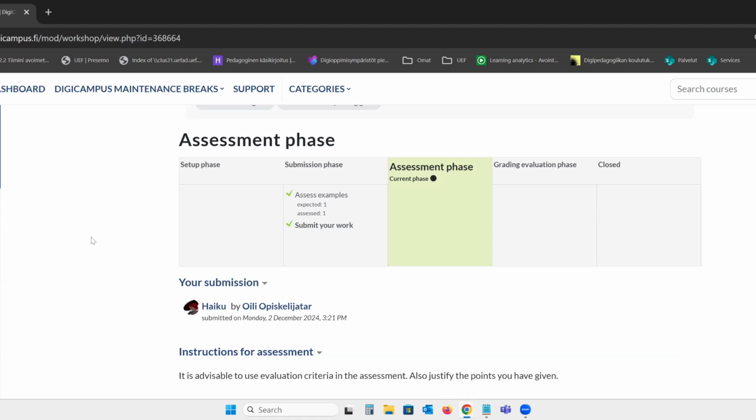Then the teacher has to compare those points each student has got, and then maybe change them if there are lots of differences between self-assessment and peer assessment. But of course, if you don't use